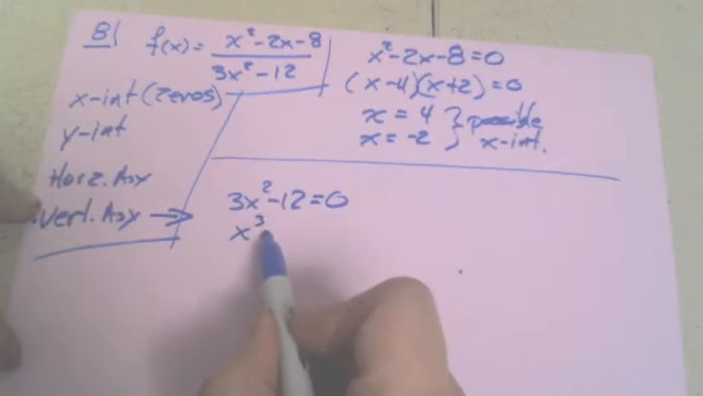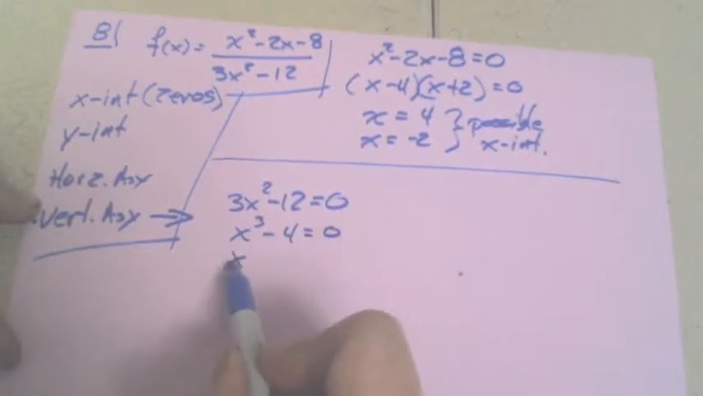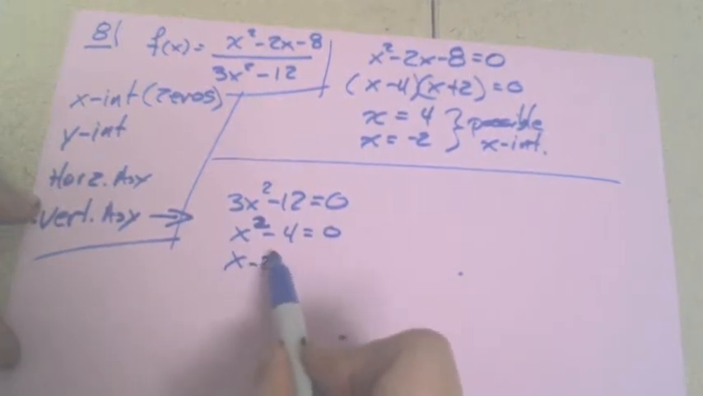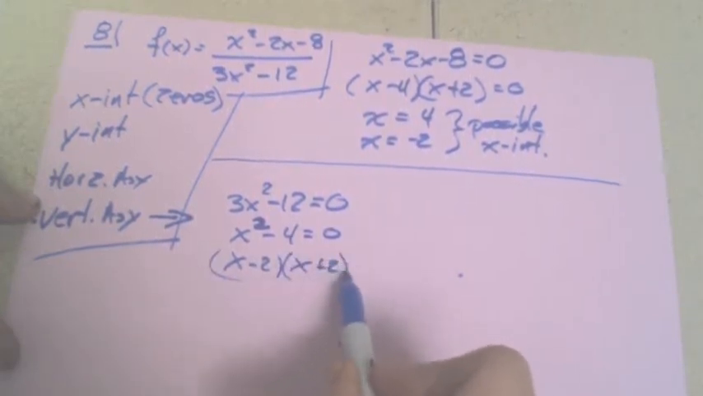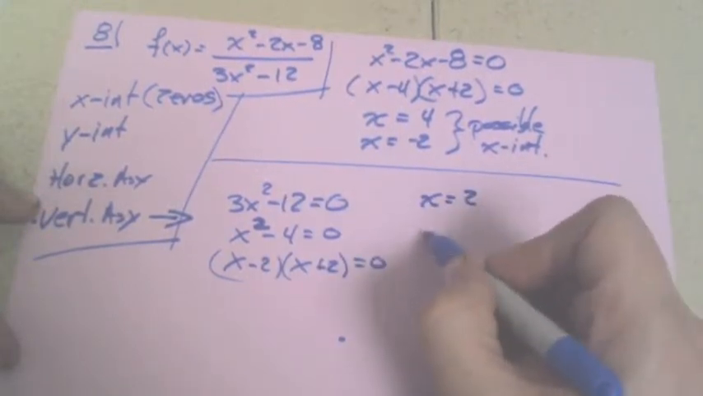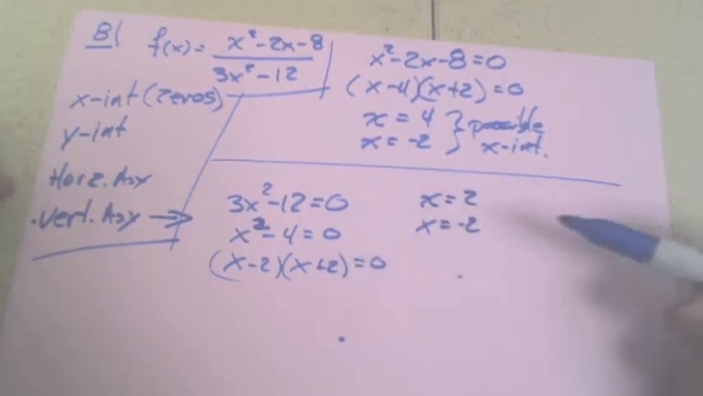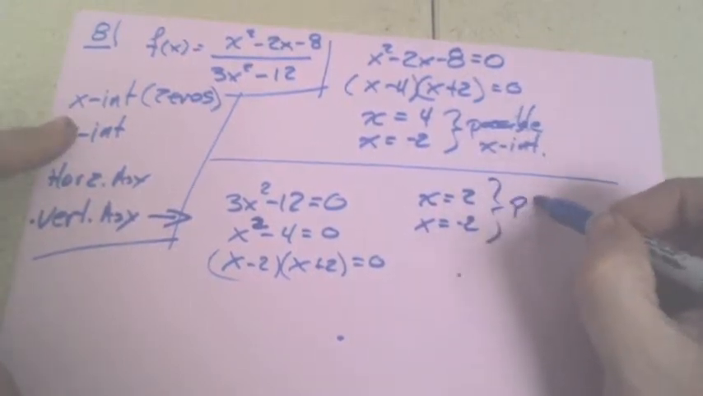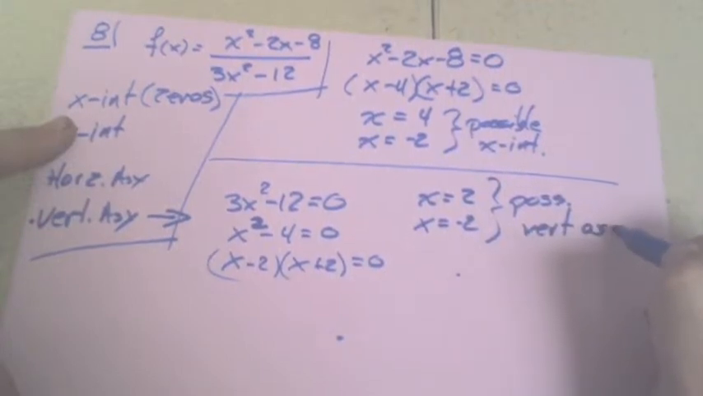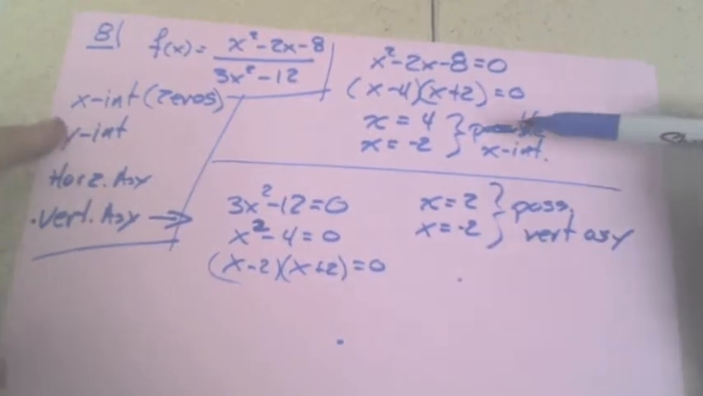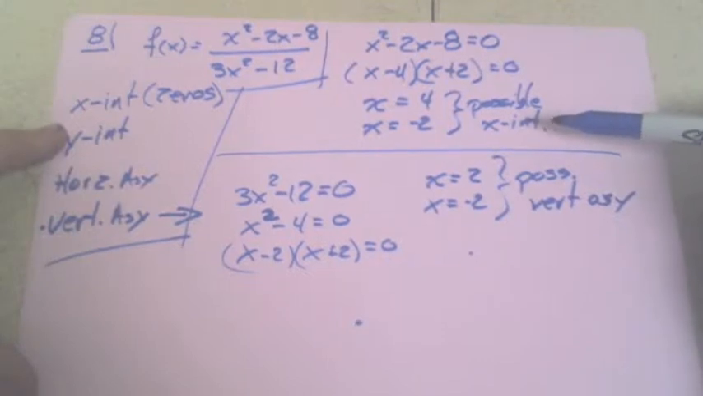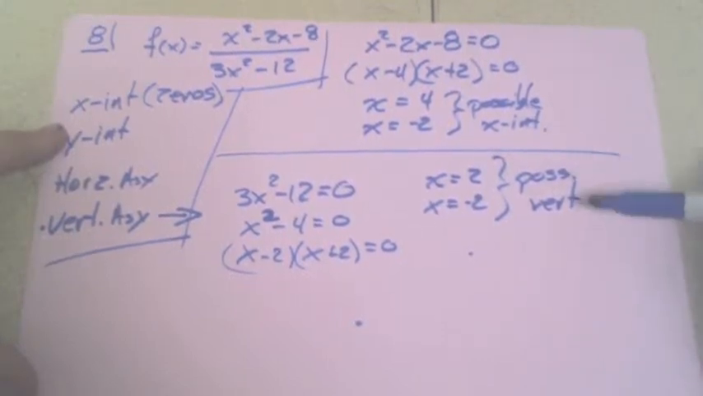Divide both sides by 3. Factor: x minus 2, x plus 2 equals 0. So the denominator is equal to 0 at x equals 2 and x equals negative 2. That means these are our possible vertical asymptotes. The only time one of these x-intercepts isn't really an x-intercept, and one of these vertical asymptotes is